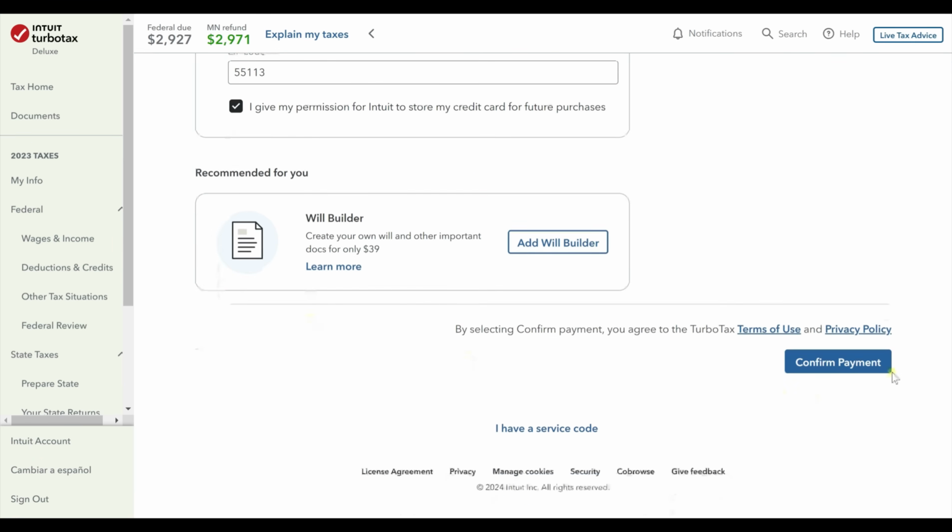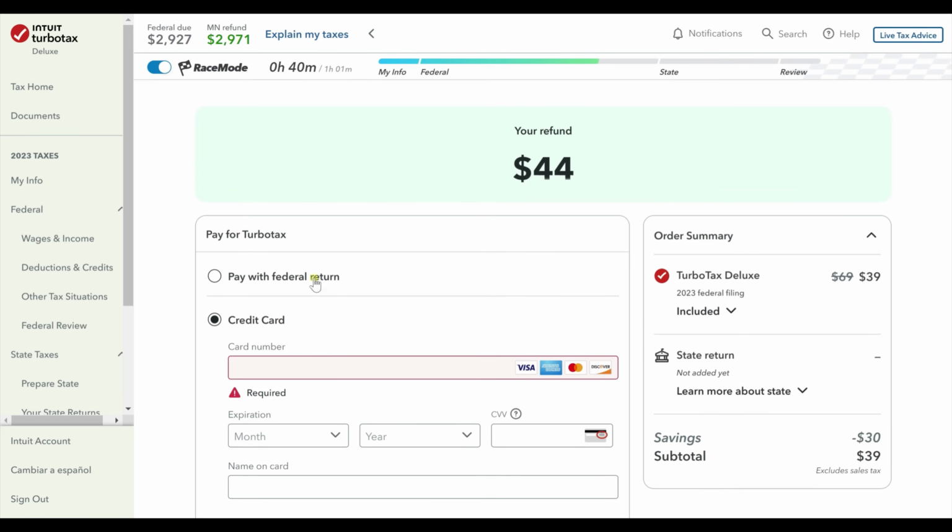I'm going to fill that out and then hit confirm payment. At this point in time, you're going to get a receipt and a confirmation from TurboTax saying, hey, you paid for this on this date. This is what it includes. Once that's complete, you're going to get spit out at the review page